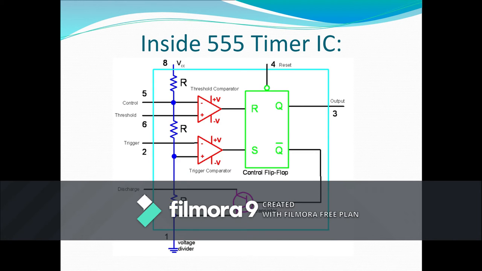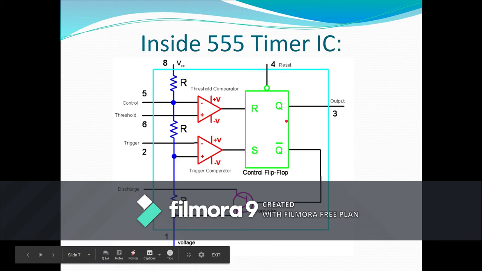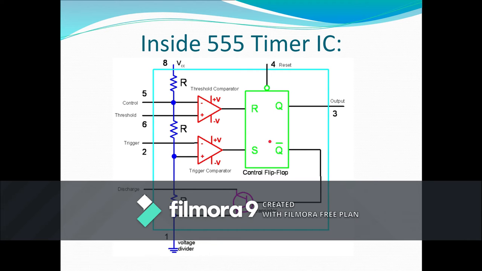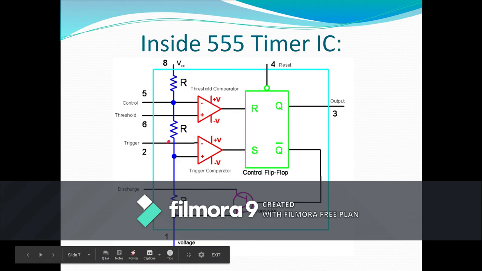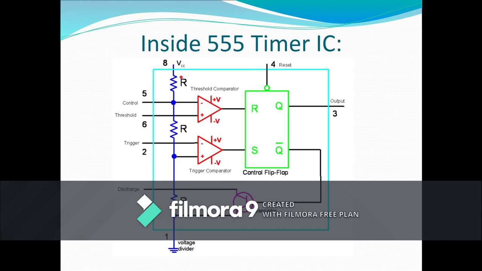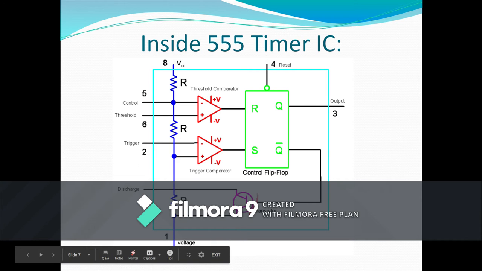So this is the circuit inside the 555 timer. This is the SR flip-flop that is commonly used in many circuits, and these two are comparators, which in this case are op-amps, that is operational amplifiers. This is the upper operational amplifier, and this is the lower operational amplifier. These are the voltage divider, three resistors of 5 kilo ohm each, given to equally split the supply voltage VCC into 3 parts. Then this is the transistor, which acts as a switch. When Q bar is 1, it will connect the 7th pin to ground.